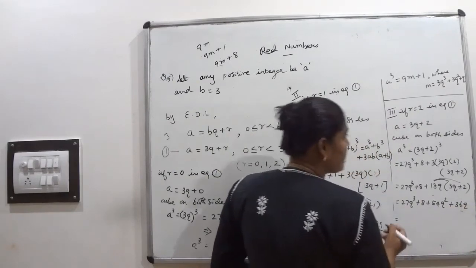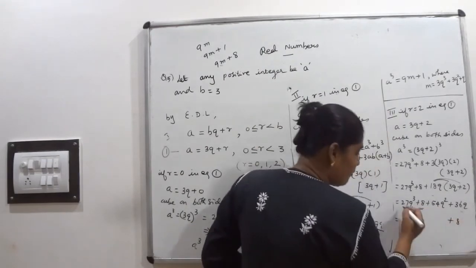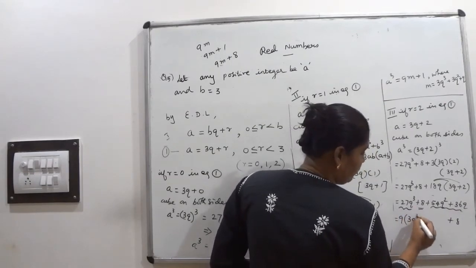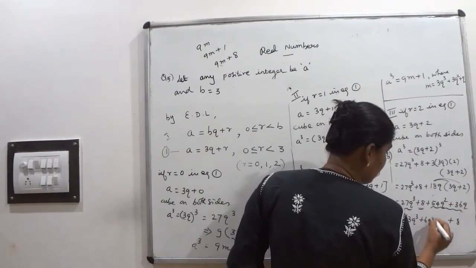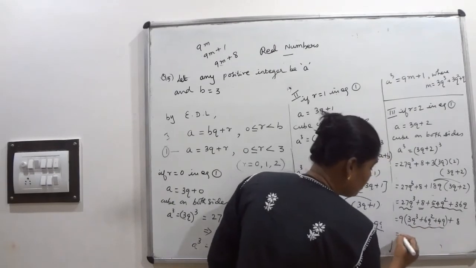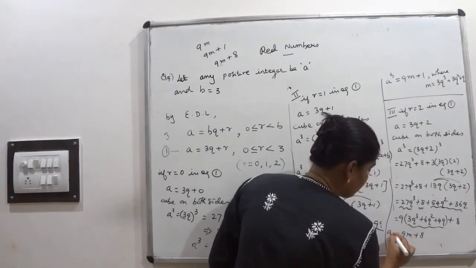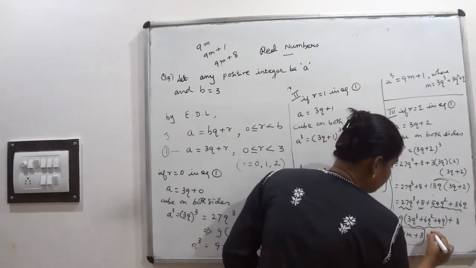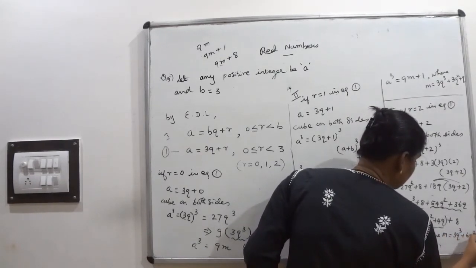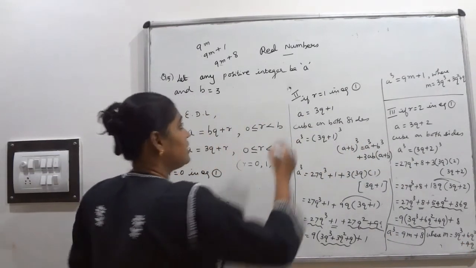From this, I need the form 9m plus 8. So plus 8 I already have, so keep it as it is. From the remaining numbers, you can take out 9. Take it out. Here 3q cube will be there, here 6q square, and here 4q. Yes, whatever is inside the bracket, I am going to assume as m. So 9m plus 8 is equal to a cube, where I have assumed m equal to 3q cube plus 6q square plus 4q. Okay, at last you have to write the answer here.